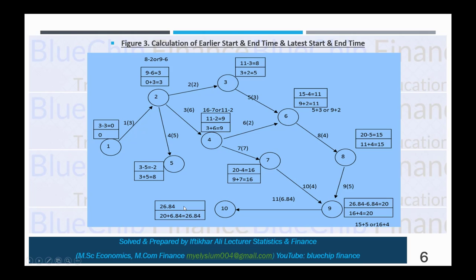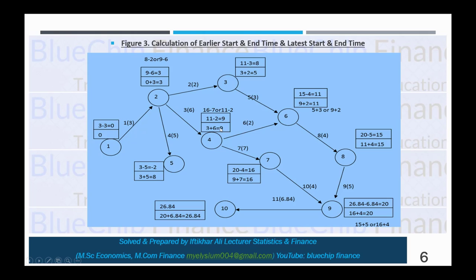So 26.84 minus 6.84 is equal to 20, and from here 20 minus 5 equals 15, and 15 minus 4 equals 11, 11 minus 3 equals 8, and 11 minus 2 equals 9, and from here 8 minus 2